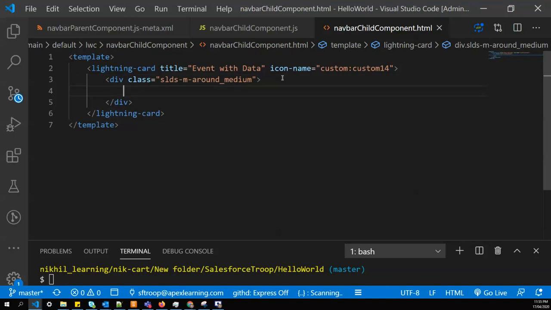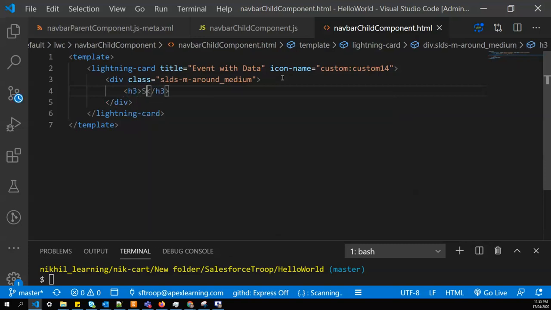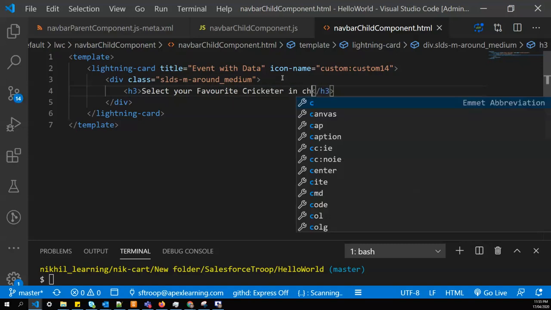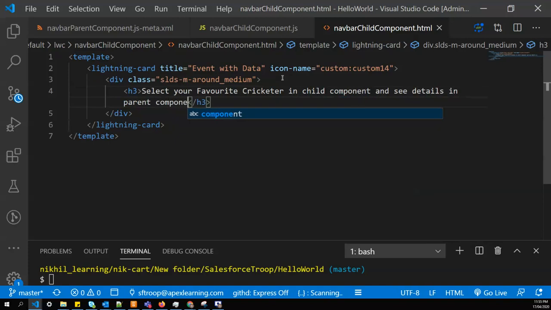We are creating a pretty interesting component this time. Let's start writing it. I'll give some heading: select your favorite player in child component and see details in parent component.